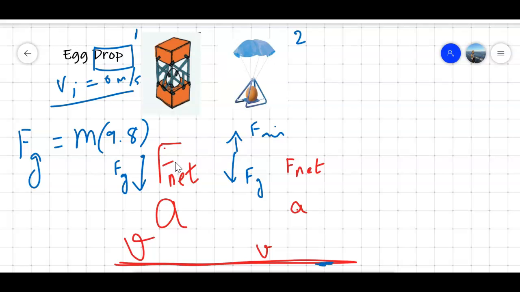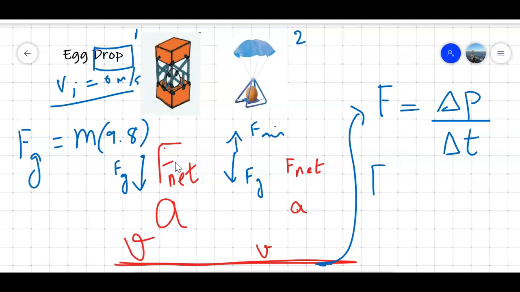Not the force during the fall, but the force exerted by the ground on impact, which makes the egg and the structure stop. So we want to talk about the impact force that happens on the ground. The formula for force is either m times a, or you can use the change in momentum,